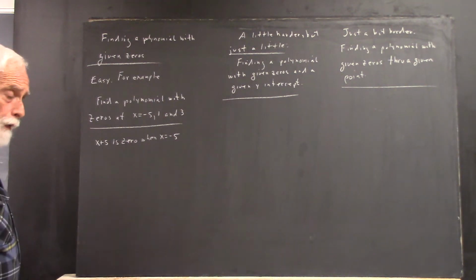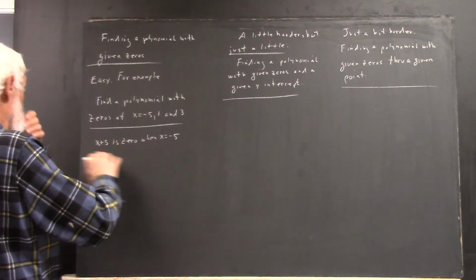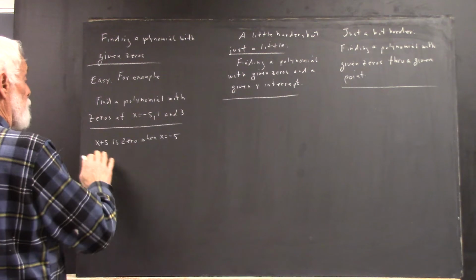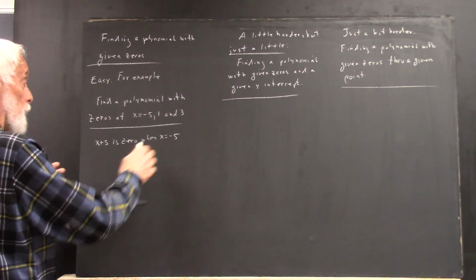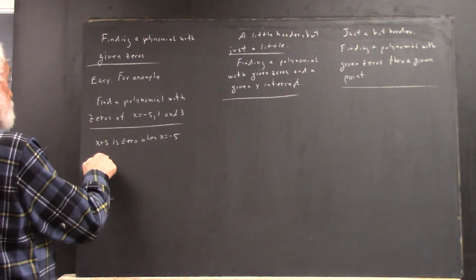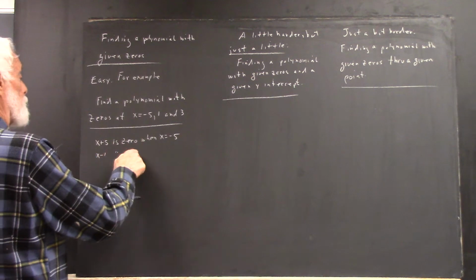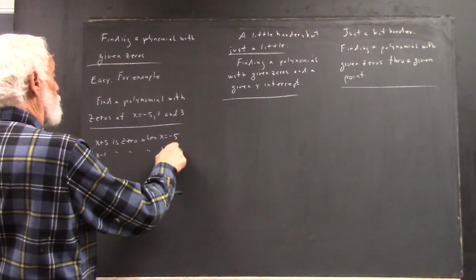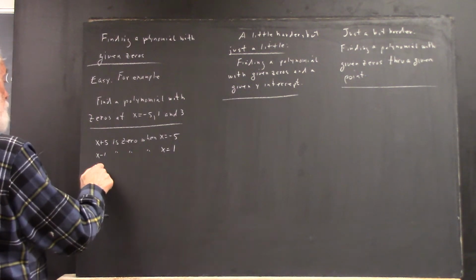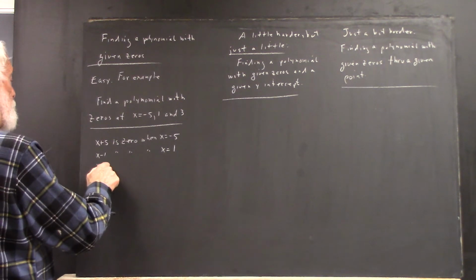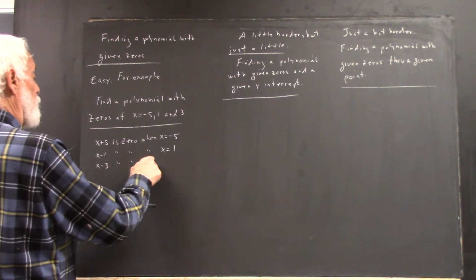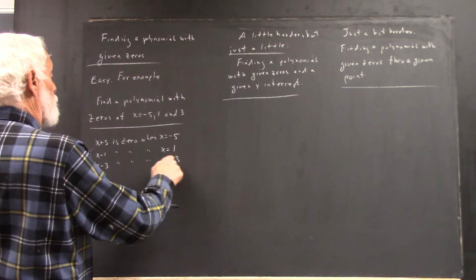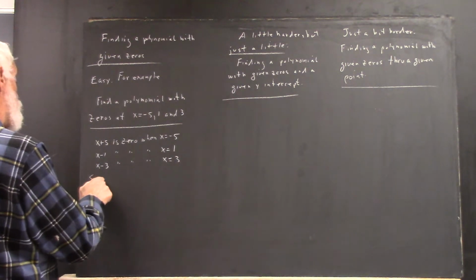writing out more detail than necessary, and making sure that we understand as completely as possible. X plus 5 is 0 when x equals -5. X minus 1 is 0 when x equals 1. X minus 3 is 0 when x equals 3. So,